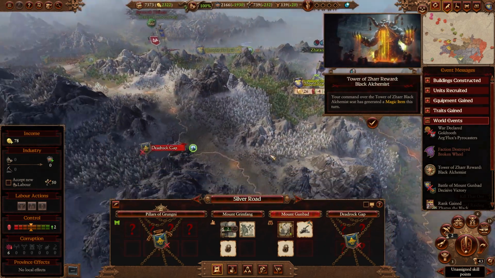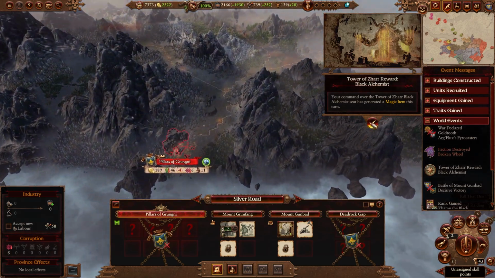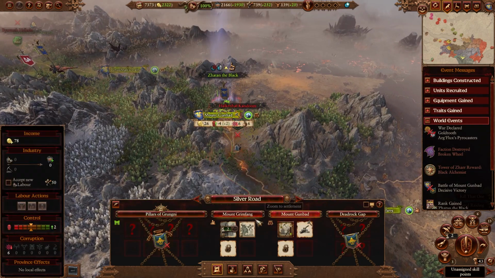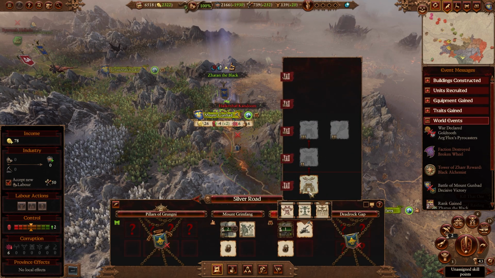Gonna find our way over to the Pillars of Grungni. Where are they hiding? Down here in the south? Fine by me. Zhatan has become an assault expert because of course he has. Go ahead and repair. Let's start accepting new labor in this area as well. And we will go ahead and...